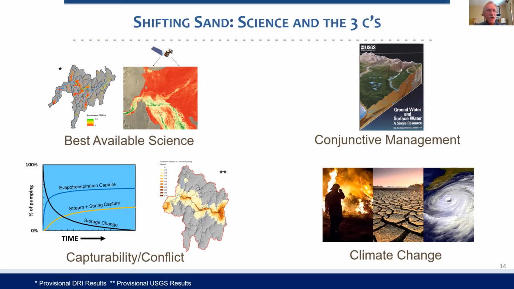Then there's conjunctive management and the recognition of groundwater surface water interactions' role in potential conflict. These also need to be considered in terms of how we estimate and use perennial yield. And finally, what about climate change? Can warming temperatures and more dramatic swings in our weather affect and change our water budgets? And do those need to be considered in our perennial yield? These are all great questions.